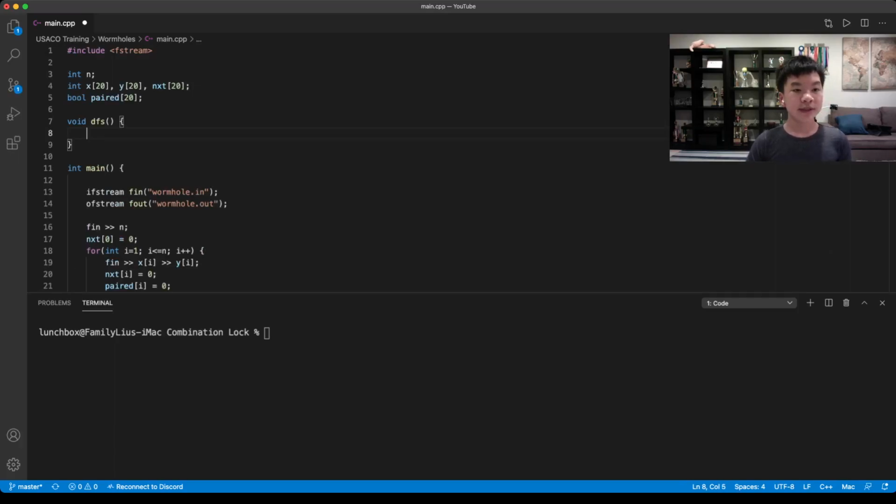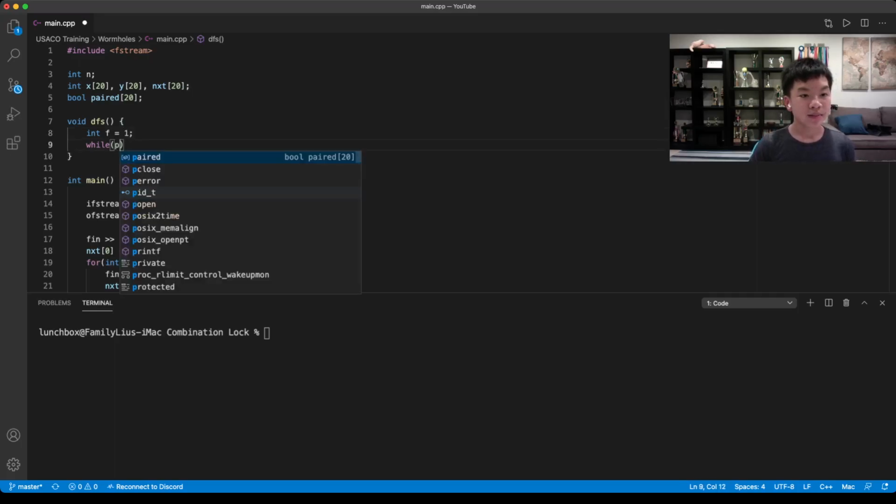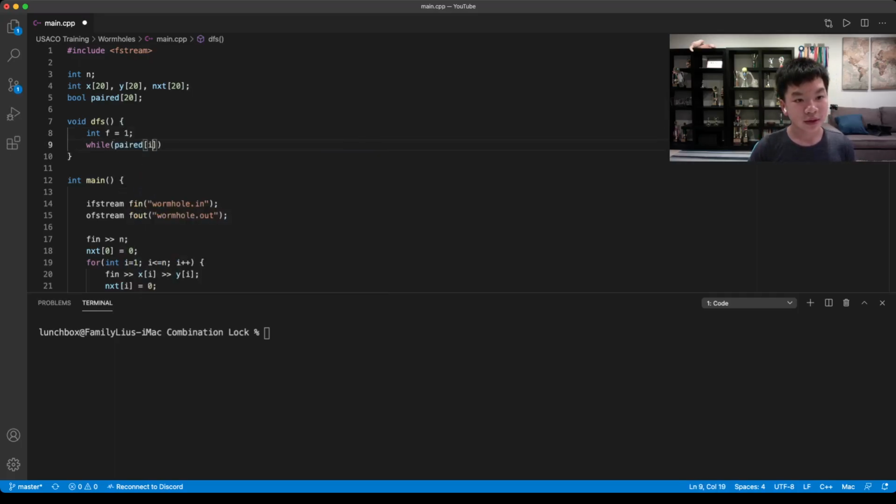So now we need to calculate the first element that's going to be paired. Let's call this f. Originally it would be -1 or nothing. So now you have to go while, and then you also have index. Let's just say we can actually have f equal to 1. So while paired of f,